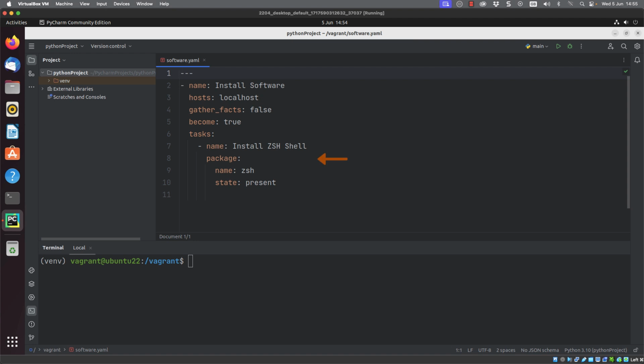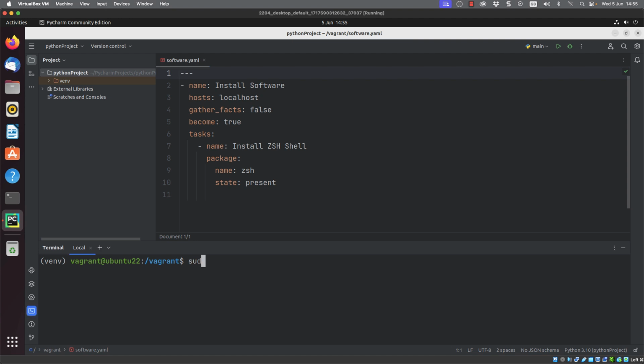And the hard work is done within the package module itself. The package module is told to install ZSH, making sure that it is present on our system. And when we're looking at this, we've got 10 lines of code compared to something like 36 lines of code we had in the underlying Python script. The reality is the complexity is still there, but it's inside of our package module, so it's kept obscured from us.